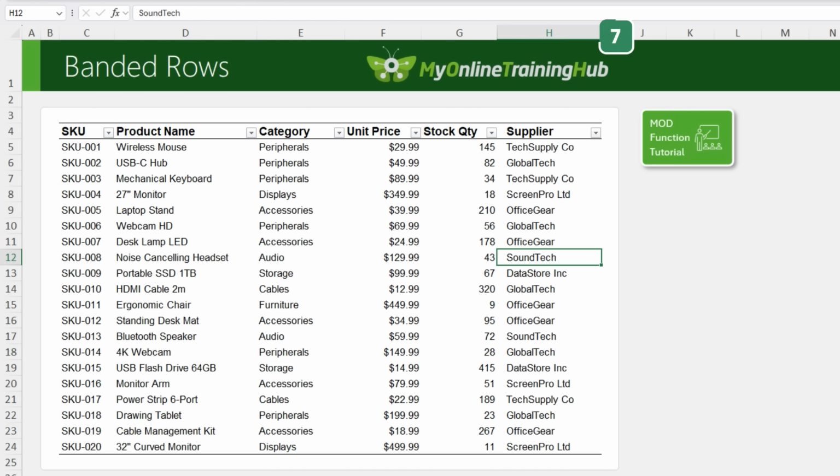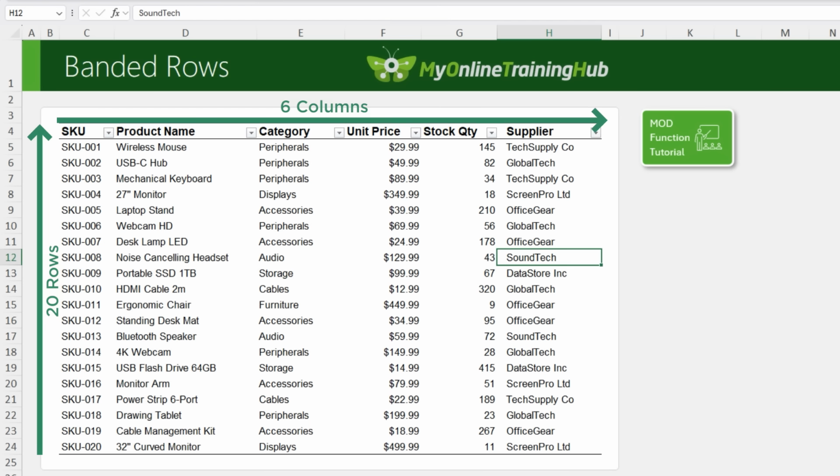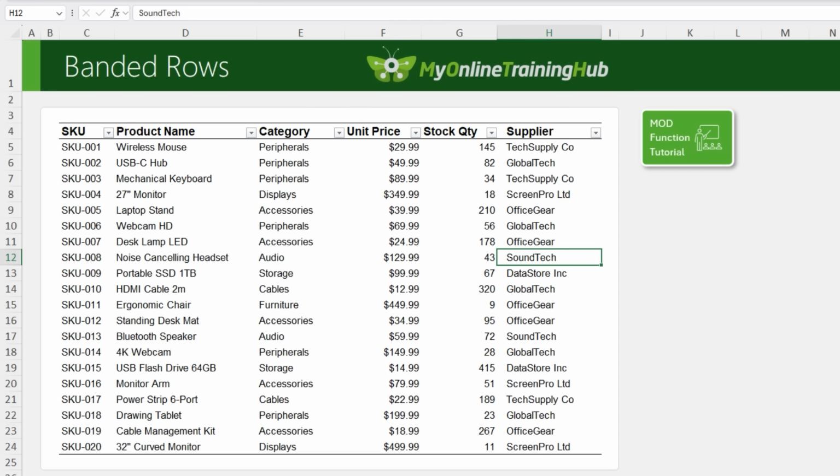Now for the last section, I want to start with the problem before I show you the solution. Here's a product inventory list, 20 rows, 6 columns. No banded rows with alternating colors to make it easy to read. Now this is a small data set, but imagine if you had 200 rows or 20,000 rows. Tracking across a wide row with your eyes to make sure you're reading the right price against the right product